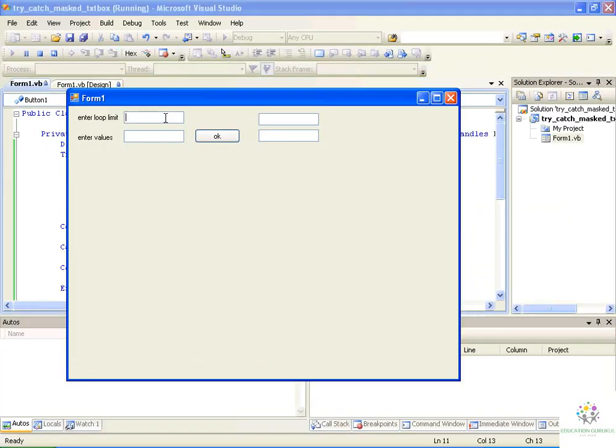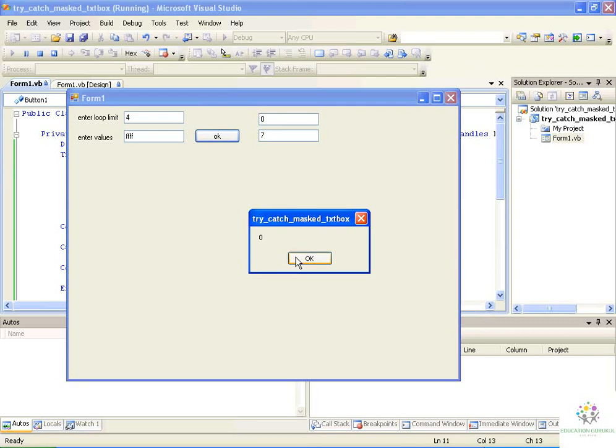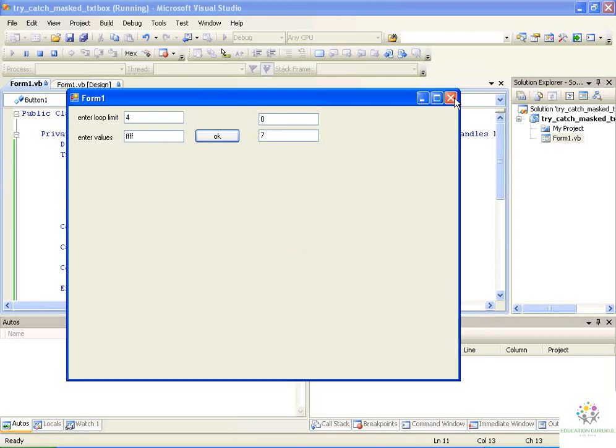So here I'm entering something. I'm saying the limit is 4 and entering some values, ffff, and here I'm entering 0 and it should be divided by 7. So I will get an error, which is 0. The thing is that